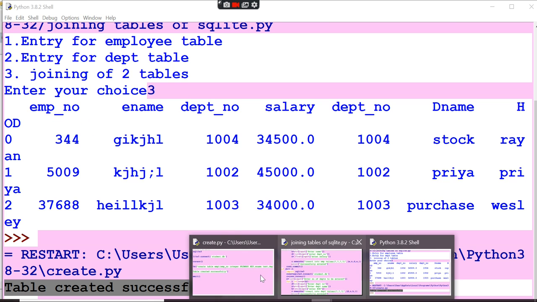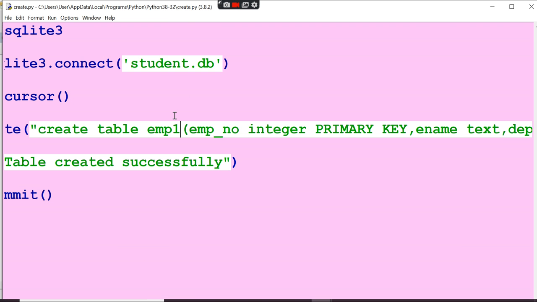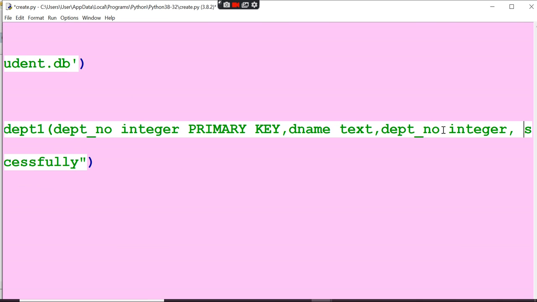Next, you again have to go here and create another table, department. I have created another table, so I am going to call it department 1. Here department number is the primary key, so it is a primary key integer, and then department name is the name of the department, and HOD you are going to give, okay?